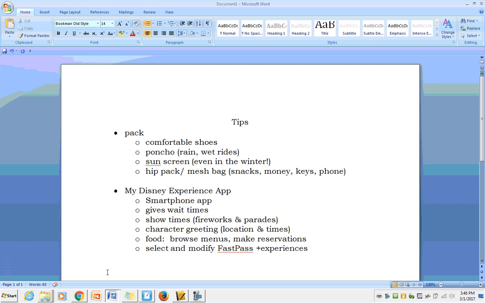So my first question was, what tips or what advice can I find out to make my trip the best it could possibly be? And so I didn't use complete sentences, but I found out it's important to think about packing. There are specific things that you should pack, and there's also an app that can be helpful. So now I want to organize this into my first